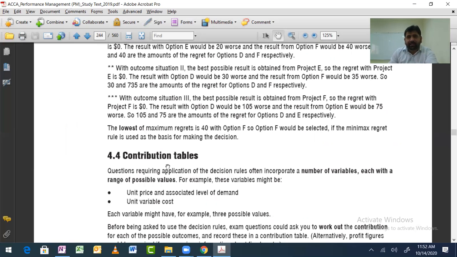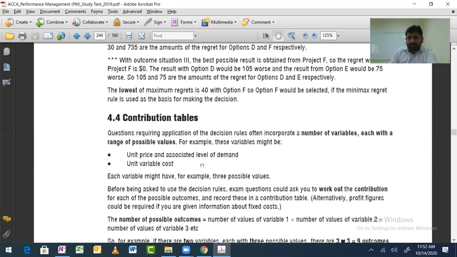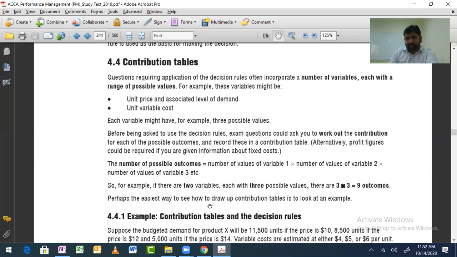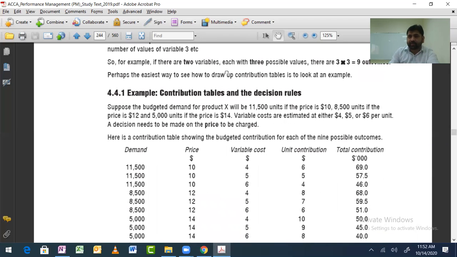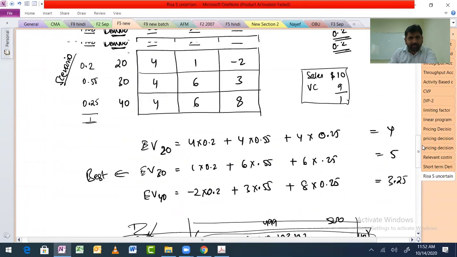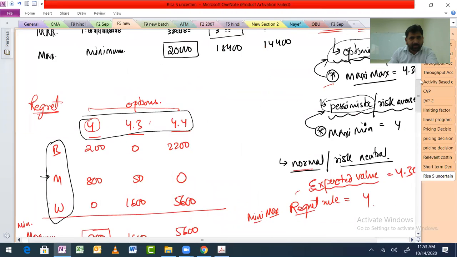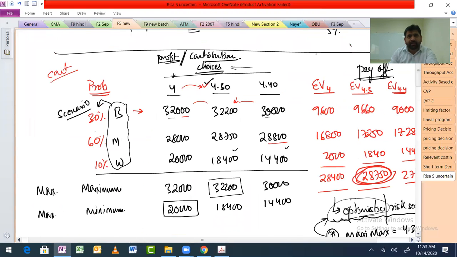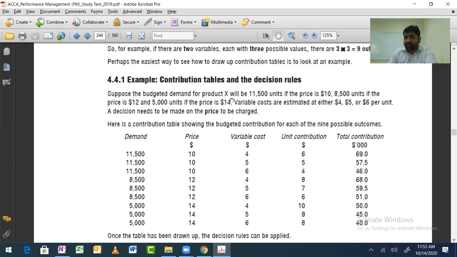Then the contribution table is nothing new. I mean, this shouldn't have been here. So please don't get too emotional about this. If you remember, we made one contribution table, right? Where is it? Yeah, here it is. So now what should we call it, a payoff table or a contribution table? I call it payoff only. You also call it payoff only. Let them say whatever they are saying, because it's the same thing. Anyways, it is not about the contribution table being a new thing.